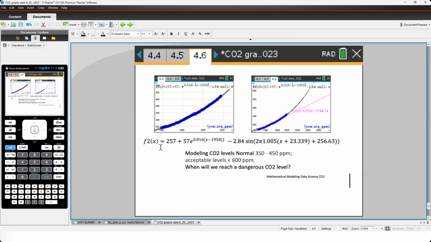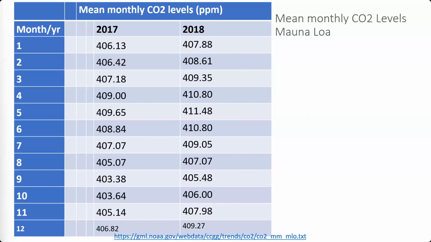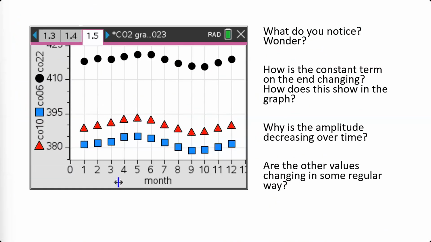And so I think we go back to the PowerPoint now. So these activities can be found on the TI site. The first half, as long as the numbers are starting from the 1990s, you can do on the 84. The data are loaded in a program that you can use.